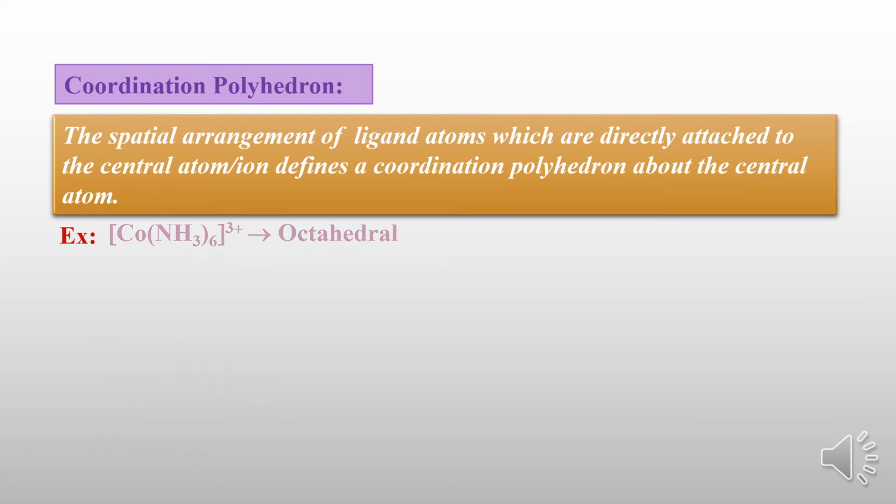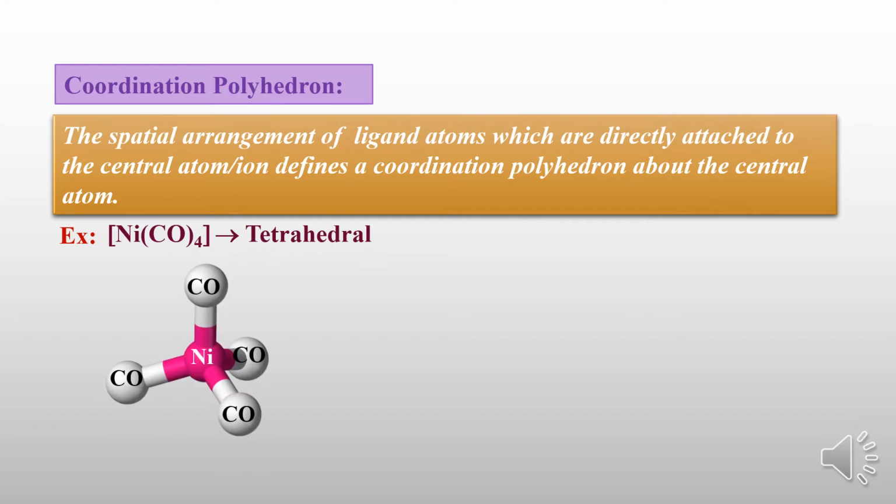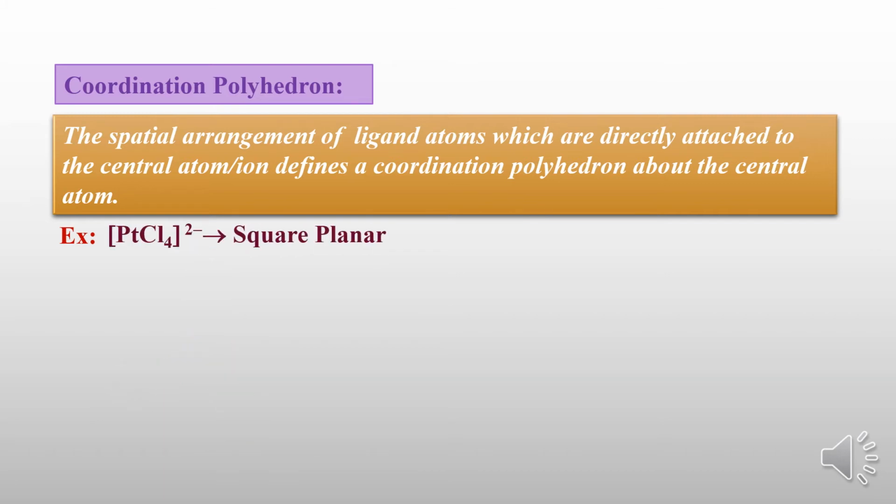It is called octahedral geometry. In the same way, you can see tetracarbonylnickel. Again it is a monodentate ligand, the coordination number is 4, so the geometry is tetrahedral. If the coordination number is 4, then there are two possibilities. One is tetrahedral, which is in front of you. One more possibility is there if the coordination number is 4. You can take this example, tetrachloridoplatinate(II). It is square planar. You can see the coordination number is also 4, with monodentate ligands, and it is square planar.